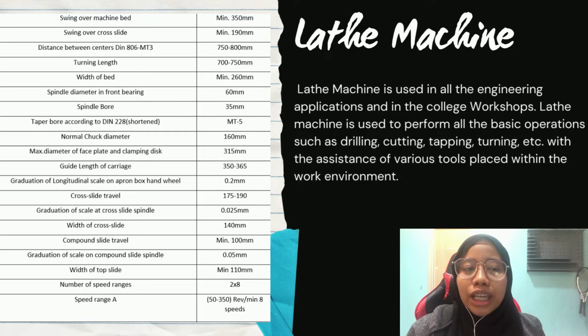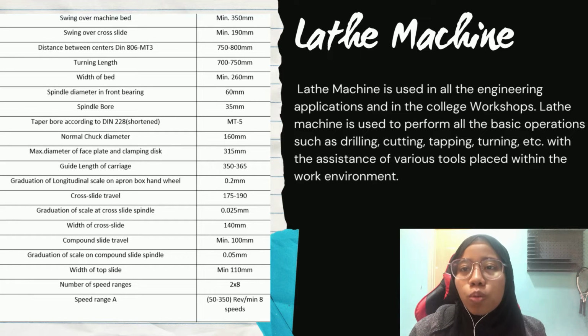Then our taper bore according to DIN 228 to MT5, then the normal chuck diameter 160 mm, and the carriage that is 350 until 365, the apron box hand wheel 0.2 mm, the cross slide travel 175 until 190, the graduation of scale across the